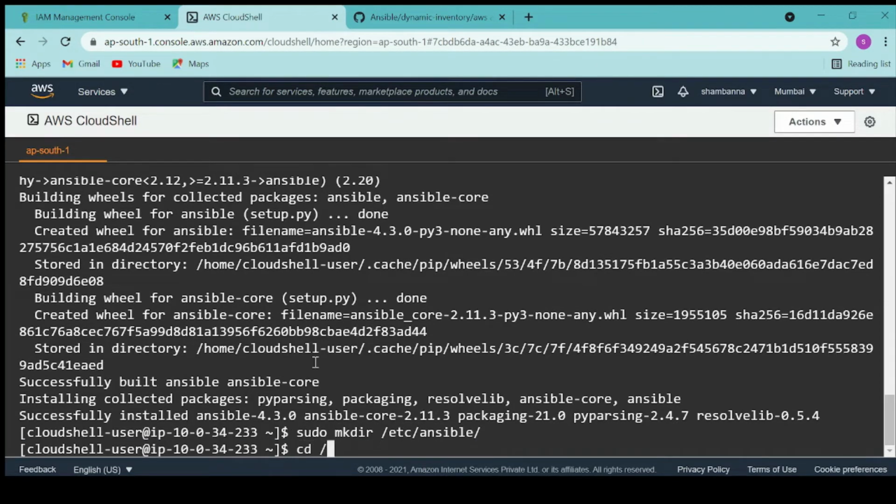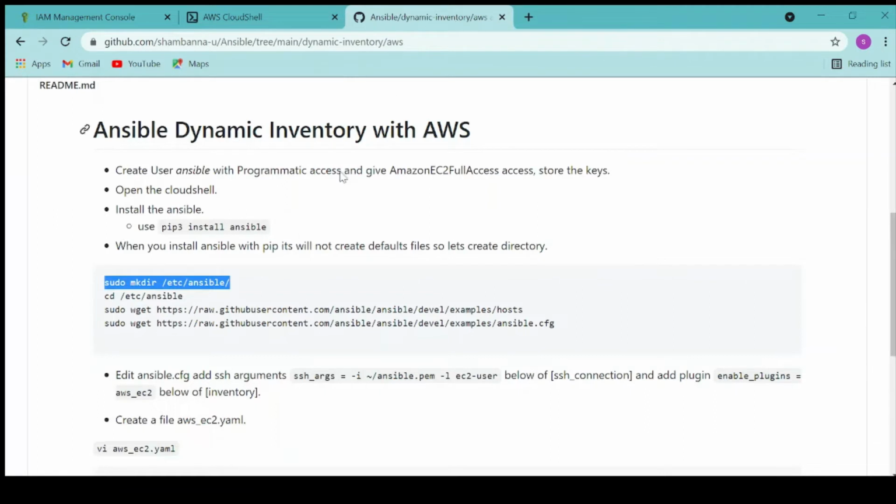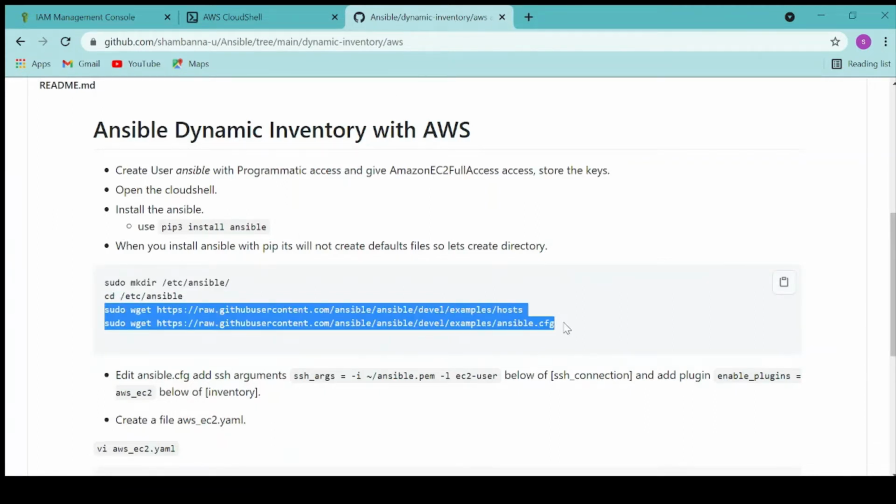and I will go to the /etc/ansible directory. Now I will use these two commands to download the hosts file and config file.